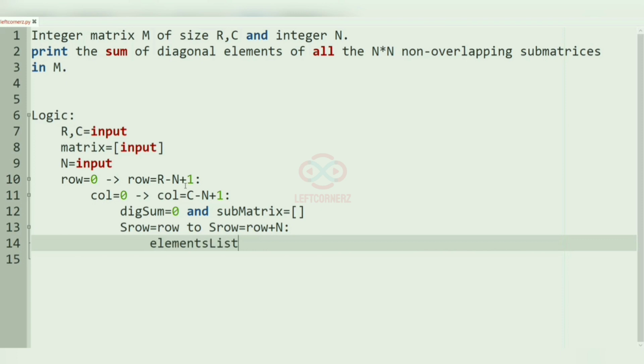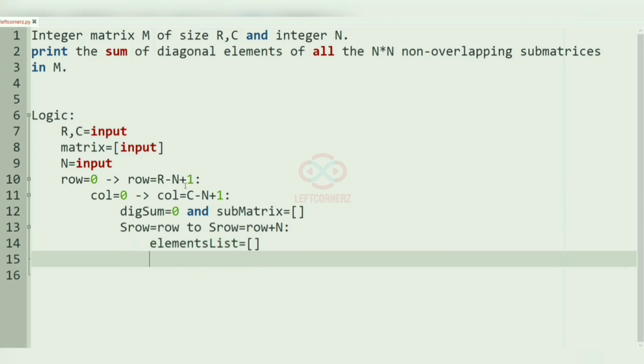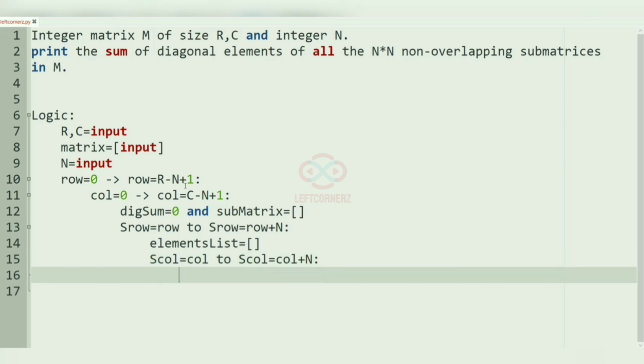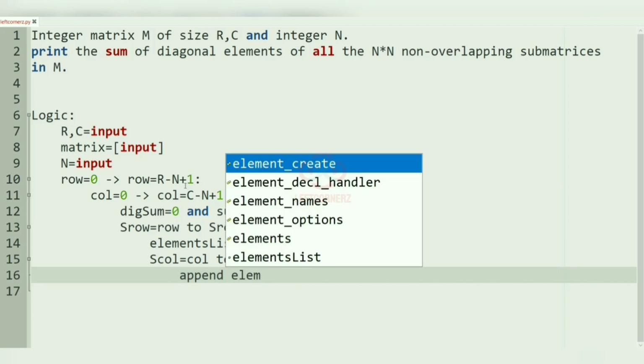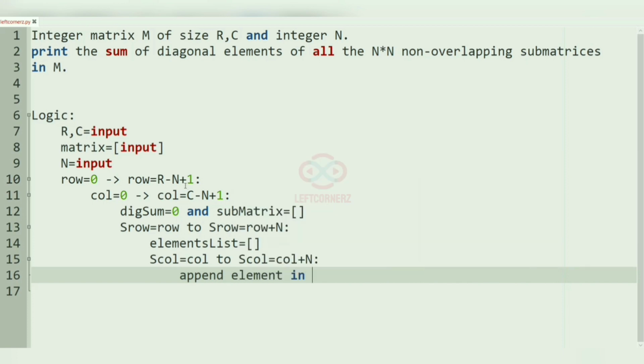So for that, element list is equal to an empty list, and again we'll iterate from the column to column plus n in the submatrix, and here we'll append the element in the element list,